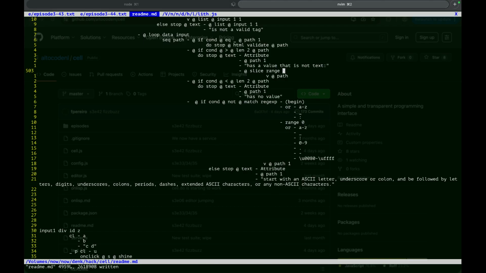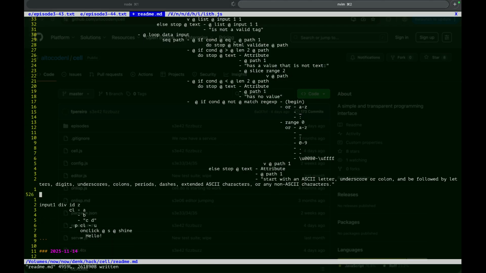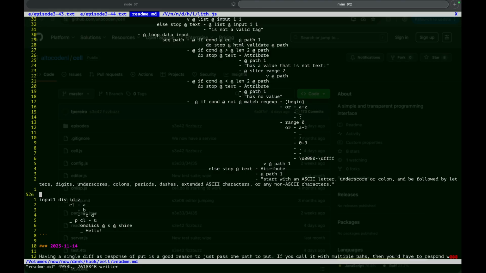Okay, I think we're making progress here. Filtering insufficient, but still progress. Let me wrap this one up,